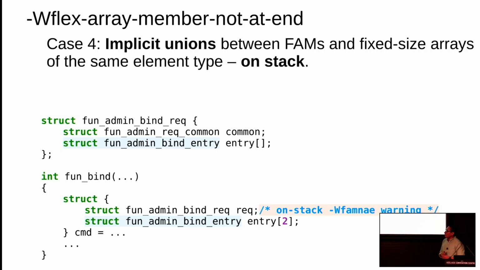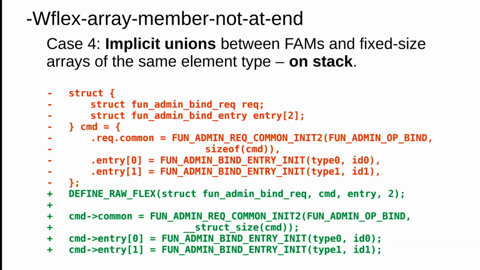Okay, so this is kernel code. And this is an example of how I fix one of these issues, and actually how I am fixing all of those issues. This time we use a new helper macro, DEFINE_RAW_FLEX. This macro was originally created to address those cases where we know at build time how large the flexible array member is going to be, so we don't have to allocate any heap space. So we can use some tricks and allocate this on stack.